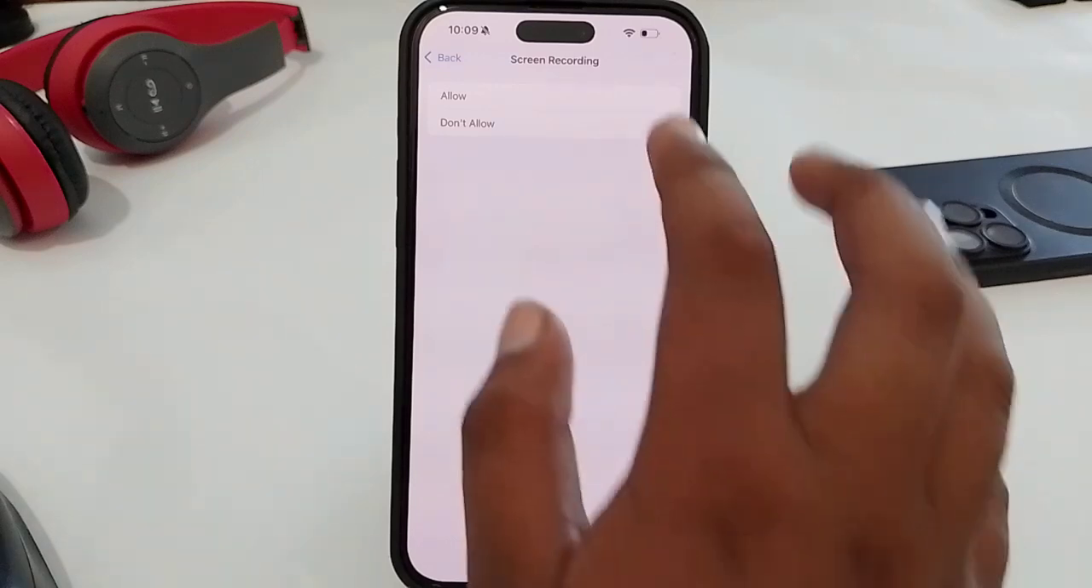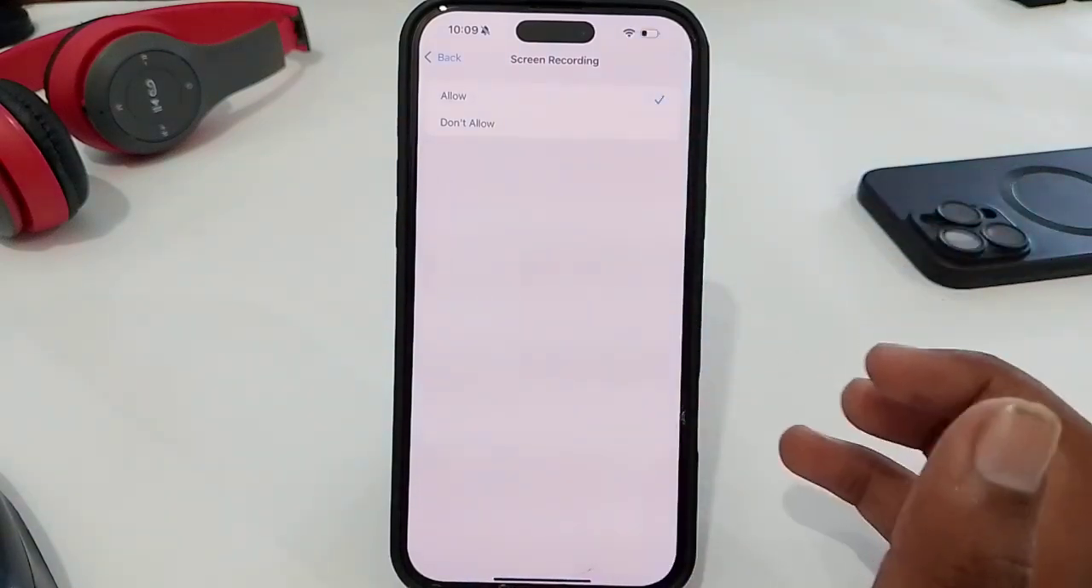If you want to enable it again, so just tap on allow and then you'll be able to record the screen